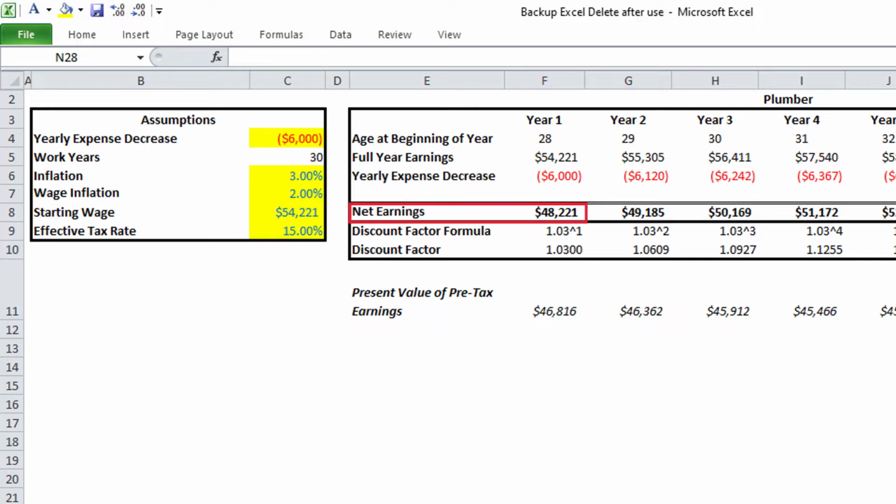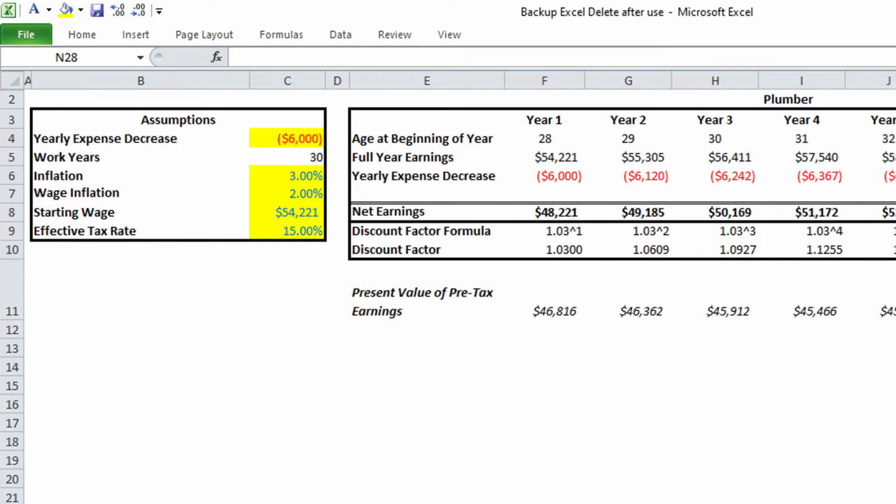So the net earnings in year 1 are $48,221, and then we have to discount those earnings back to the beginning of the year. So we then divide the net earnings by the discount rate, which is 1 plus inflation to the power of the number of periods, and you can see that formula here in row 9. And because we're in year 1, the discount rate is 1.03, which you can see here on row 10. And then you get a present value of year 1 earnings of